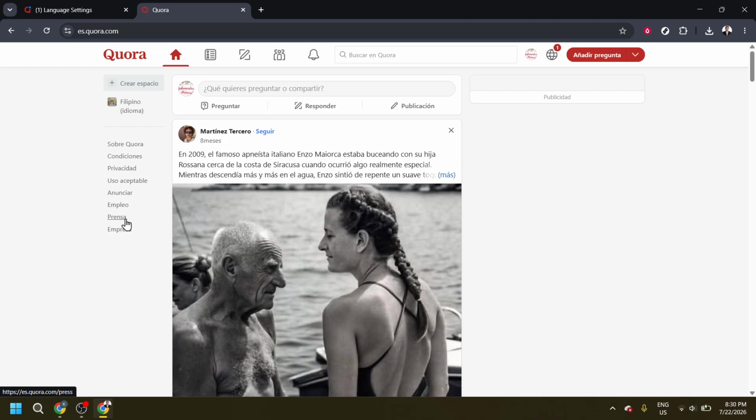And that's all it takes to change the language in Quora. Just click the globe icon at the top of the page, choose See All Languages, and then select the language you want. It's a simple setting, but it can make a big difference in how comfortable and convenient the platform feels to